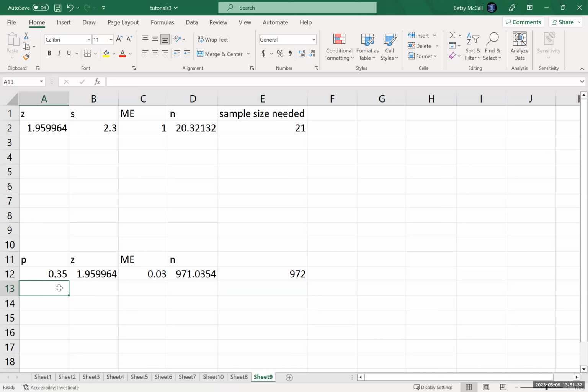Now, as I said, there are sometimes difficulties in proportion problems where they don't specify what the proportion is that they're working from. In those cases, you would have to use the default value of 0.5. 0.5 is where the confidence interval or the margin of error are going to be the largest, and therefore